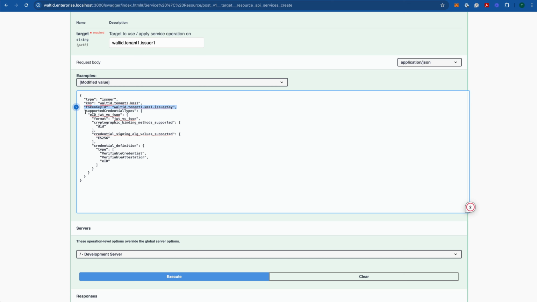Next to that, we need to provide a map of supported credentials this issuer can issue. This is something that we can change later, so we can always update that after we've created the issuer service. But for this example, as we will be issuing an EID credential, I already provided this here in the supported credential types. So here I specified that I want to have an EID credential issuable in the format short